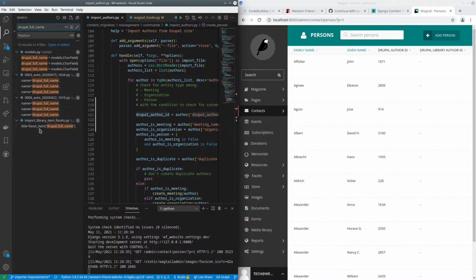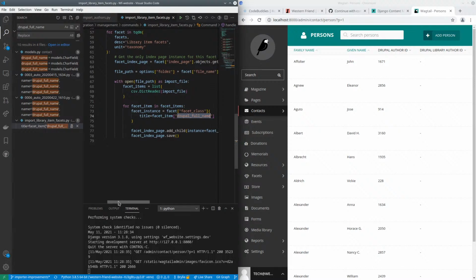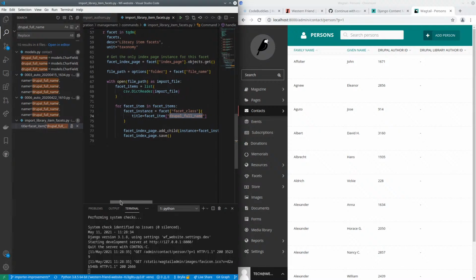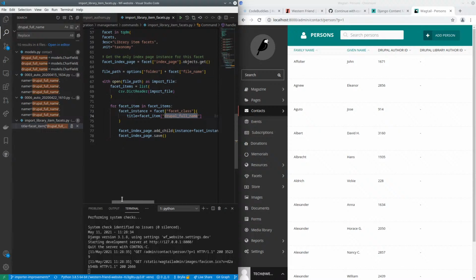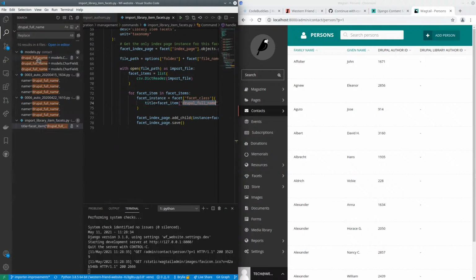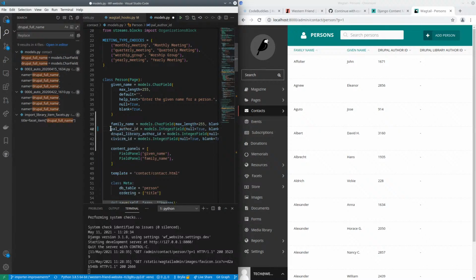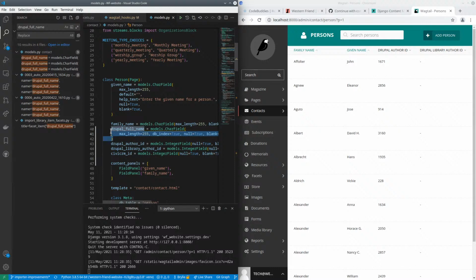All right, the only place that Drupal full name is used now is library and facets. Because facets is also a taxonomy. Huh. But in any case, I can remove this Drupal full name from the contact model just to make my work a little bit simpler. I'm going to delete the